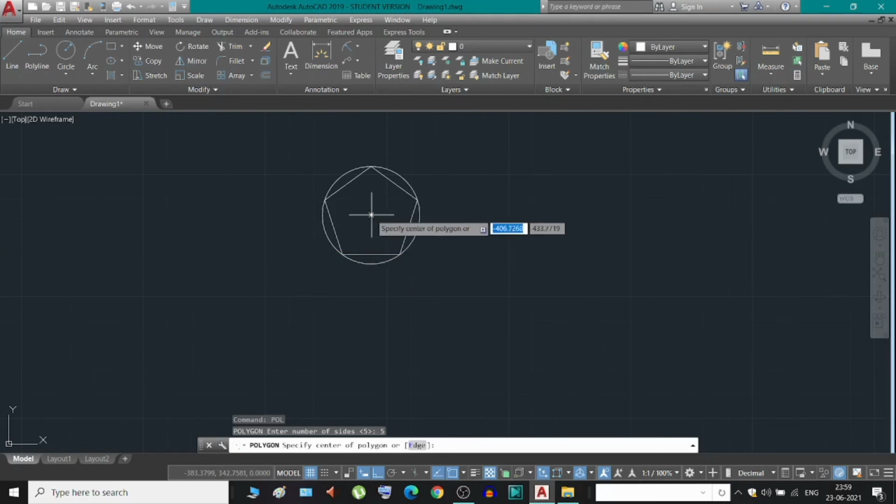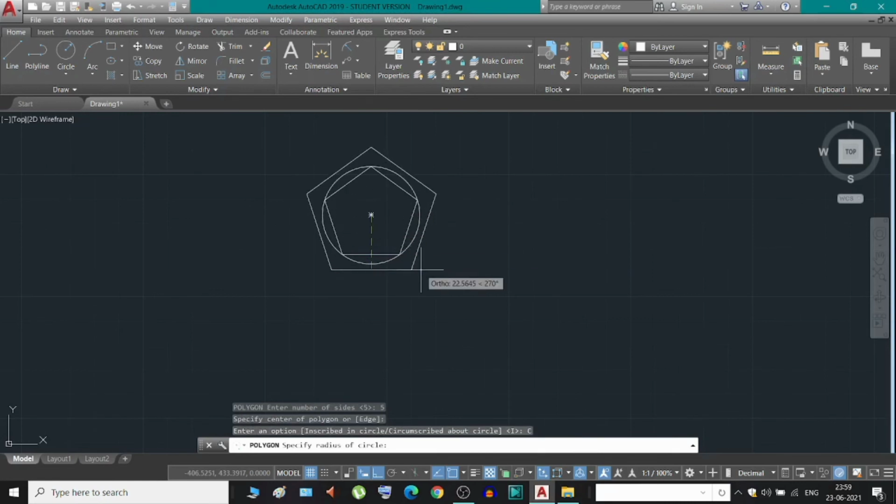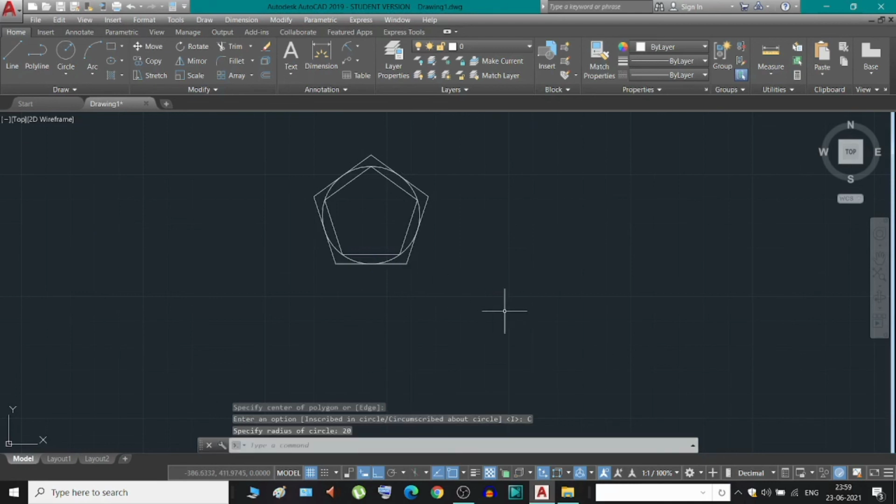The same circle will be shown here, so select it, and now click on circumscribed about the circle and give the same radius whichever you have used for the circle and the polygon inscribed in the circle. So I am putting here 20 and press enter. So now the polygon is outside the circle, touching the circle, which is circumscribed about the circle.